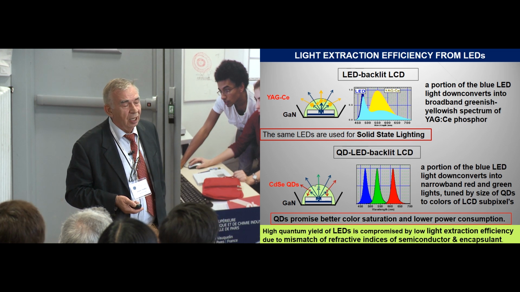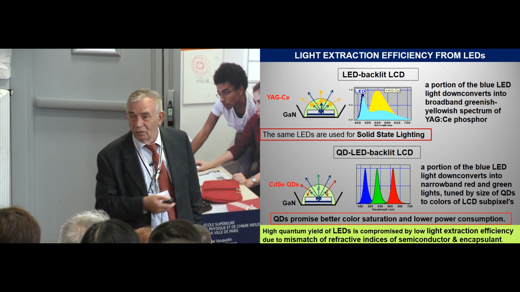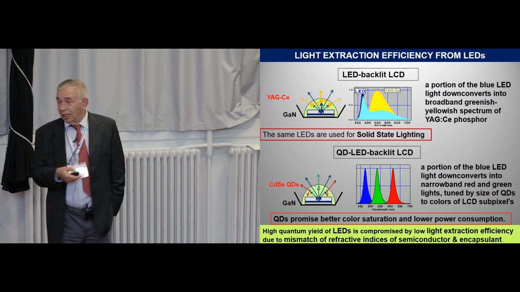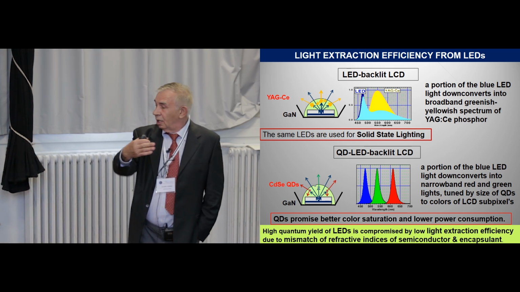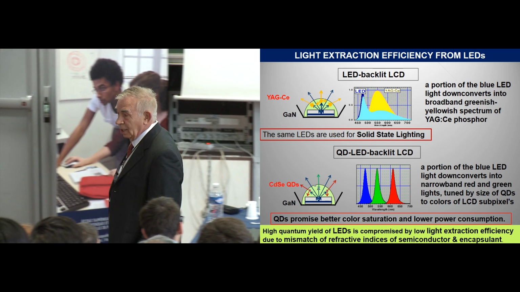I think that sunlight is like 100, and what we have here is like 60, 70. But nevertheless, this white light is used to illuminate the backside of the LCD, and that's how